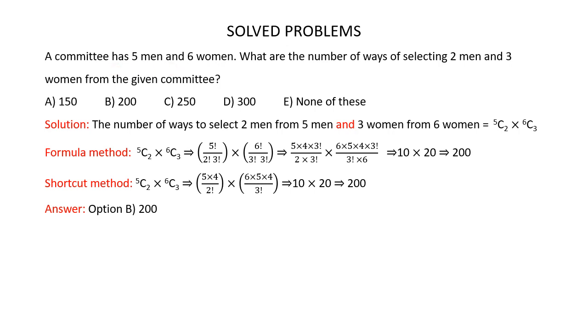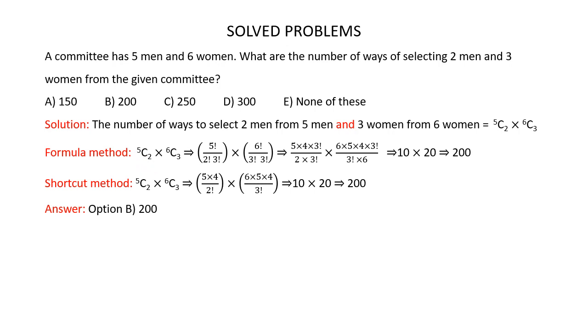this committee. So the number of ways to select 2 men from 5 men is 5C2, and "and" means multiplication. The number of ways to select 3 women from 6 women is 6C3. Now let's find out the value of 5C2 multiplied by 6C3. Now according to the formula,